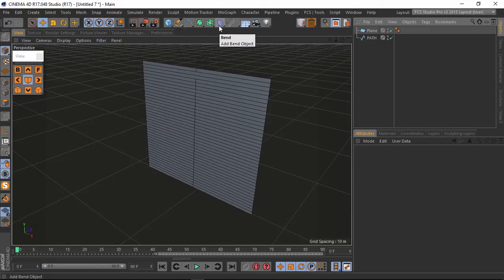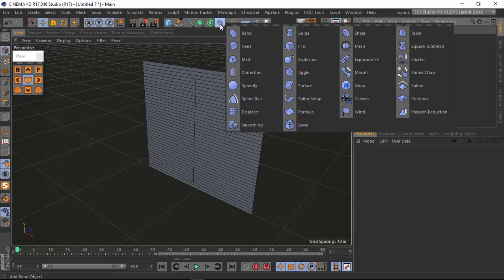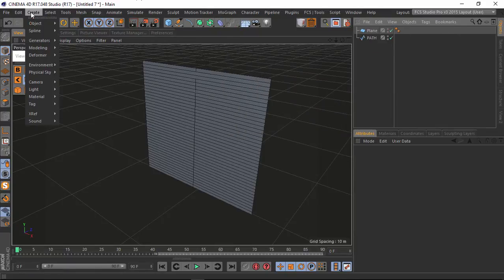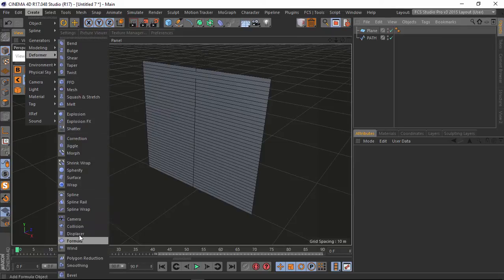So our deformer can be in two places, of course. If you hold down the bend, you have your deformers, and if you go to create deformers, you're just gonna go and select